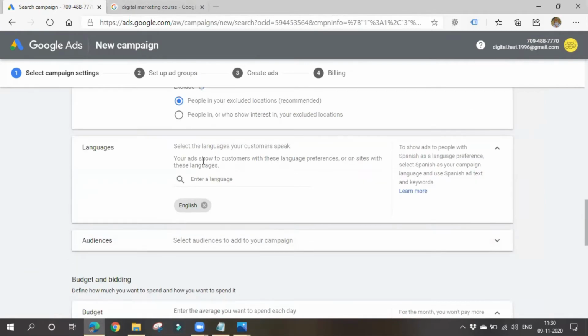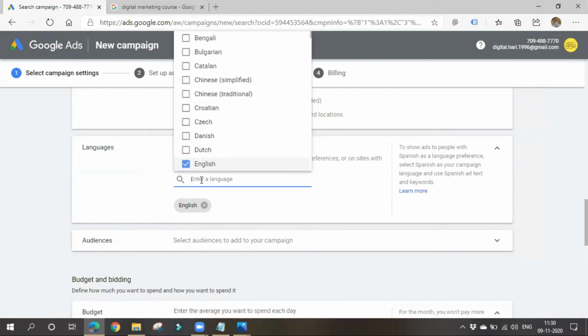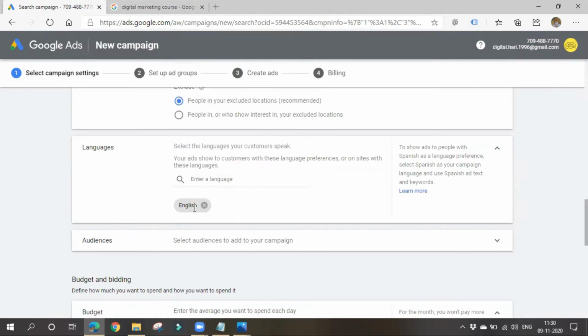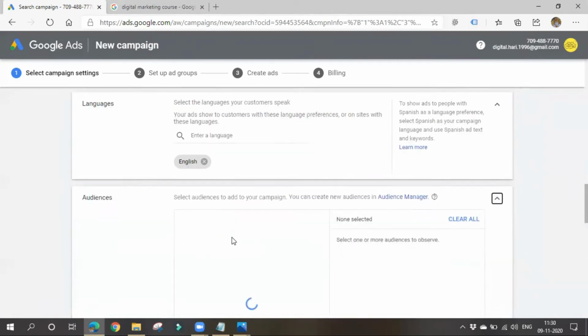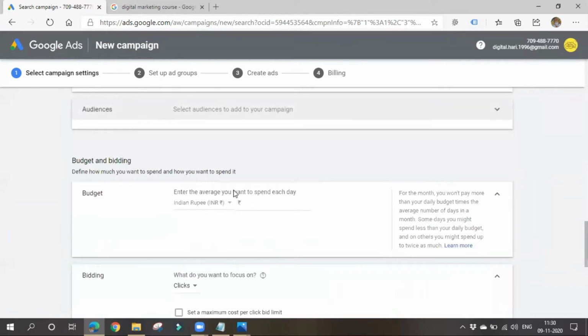Yes, ma'am. You can also choose languages, target people based on languages. If you want to show your ad to people who speak Telugu, Hindi or English, you can choose here. What all languages you want, you can choose. By default, it is English. I'm going with English. So what your customer should speak, that also you can select. Let's go for the next thing. I'll explain all these things later.